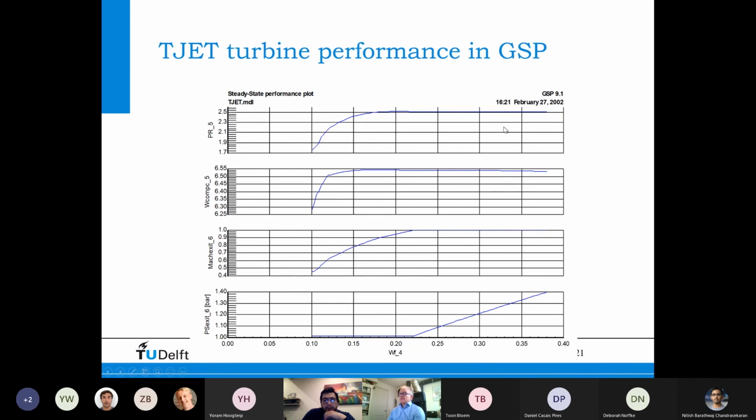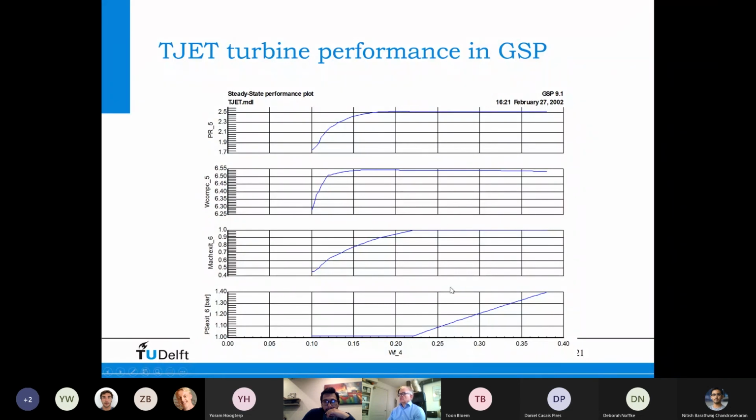Now, an interesting effect is that if the flow is choked downstream of a turbine, then that turbine will start to operate in a fixed operating point. It's in another lecture, but you can also read that in Cohen and Rogers, and it's also a shortcut that you can use if you do a manual design calculation. So for example, if you want to predict performance in the higher power region, and then you assume that